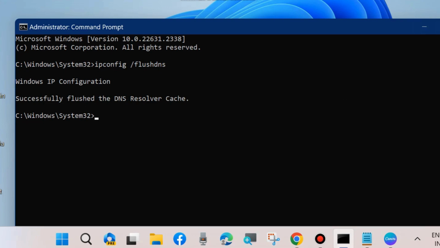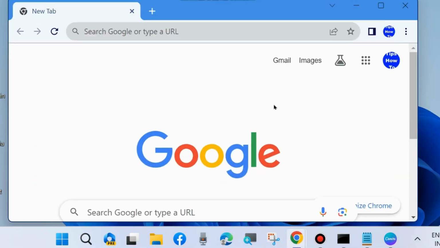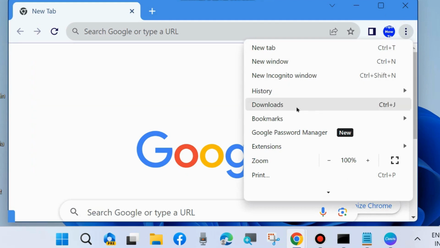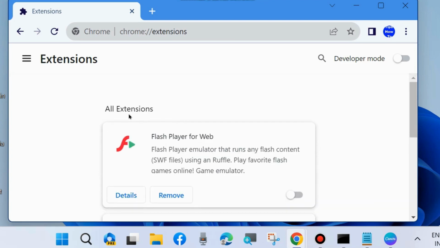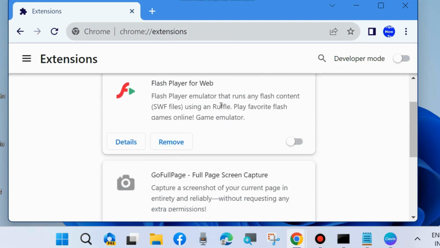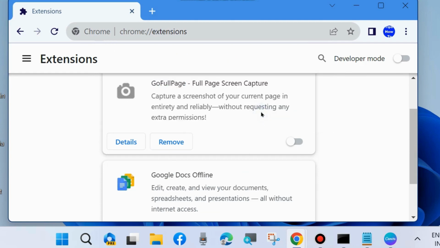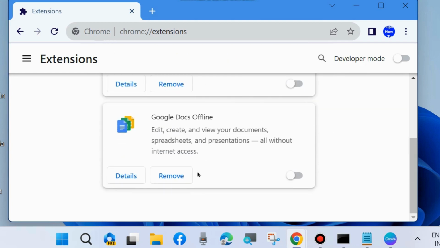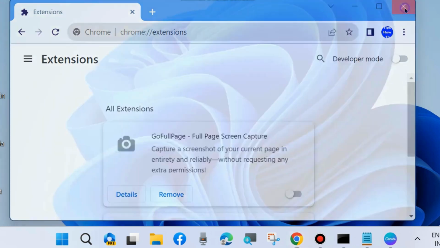And check whether the HTTP 302 error is still in your system, otherwise go to the next fixes. Again go to Chrome, click on the three vertical dots and choose extensions. Click on manage extensions and remove any Chrome extensions you have added on your system. Remove all extensions and your HTTP error 302 is no